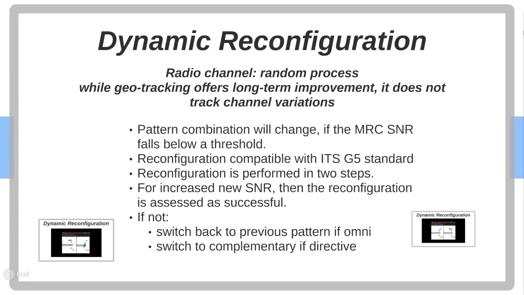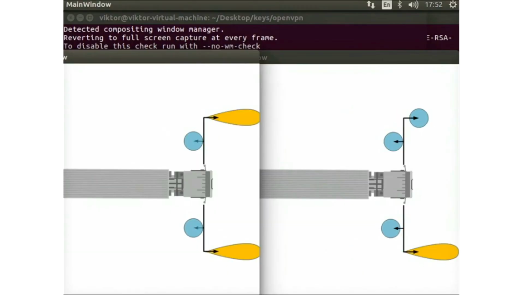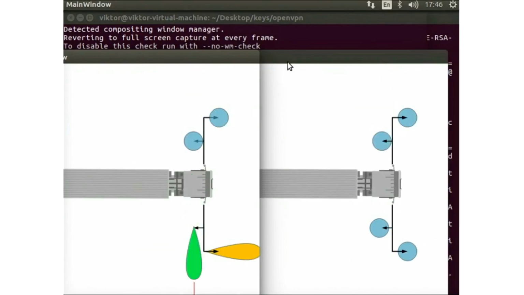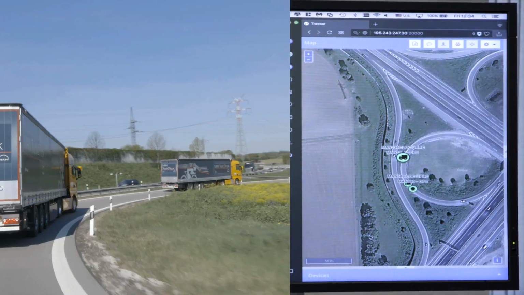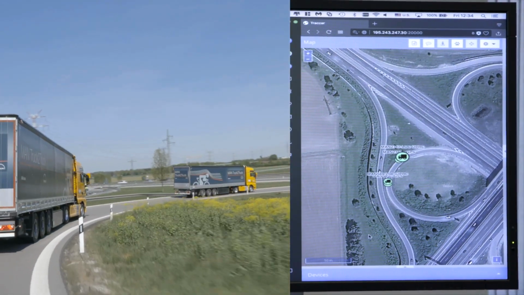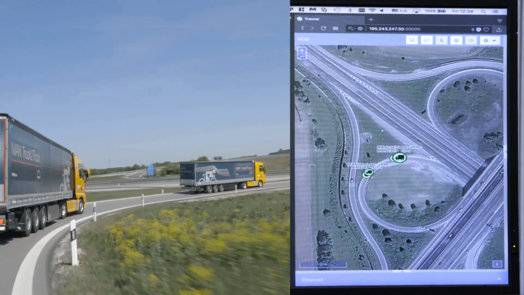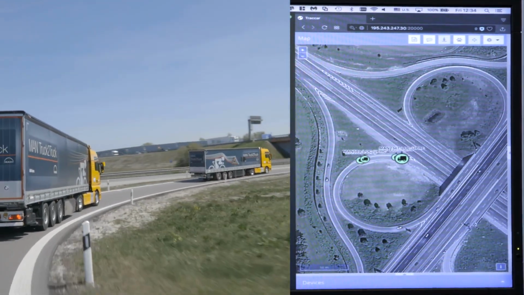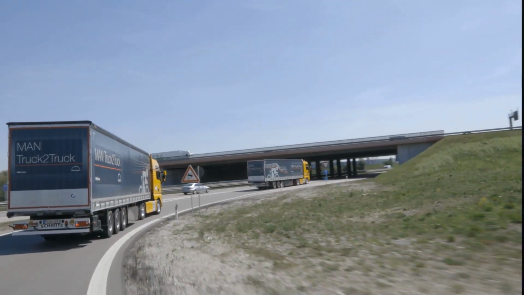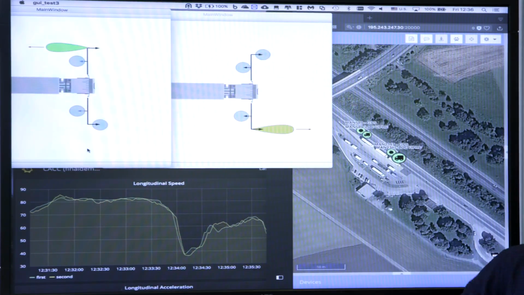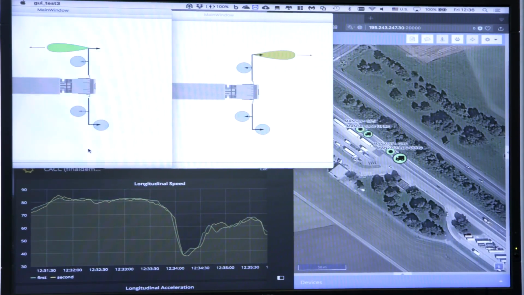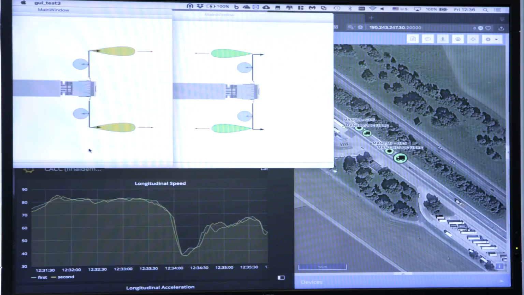In order to track radio channel fluctuations, 3 dynamic reconfiguration modes were developed, either with omni support from 1 RF chain per mirror, or with full reconfiguration of all antennas. The engine monitors the SNR and reconfigures the patterns when it falls below a predefined threshold. Reconfiguration is performed in 2 stages to ensure compatibility with the radio standard. The dynamic reconfiguration schemes were presented, tested and evaluated during the ROADART demonstration event.